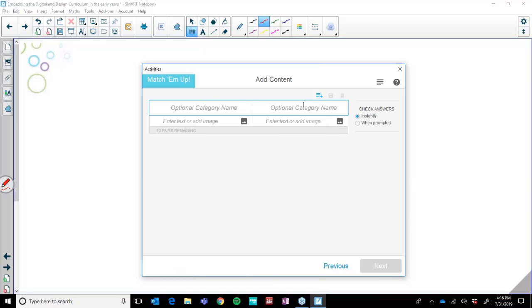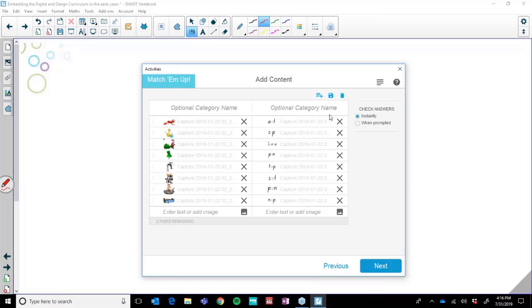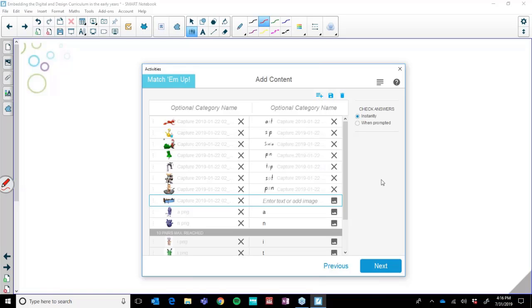Now, the next one that we looked at was saving our content so that we did not have to continually load content into the games that were already there. So time saving, because improving teacher outcomes is just as important as improving student outcomes as well. Now, this school does SSP, and so what we did was we were doing activities where we saved our list.